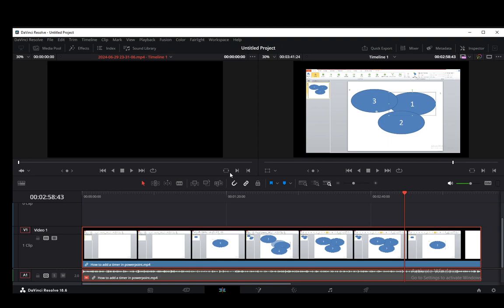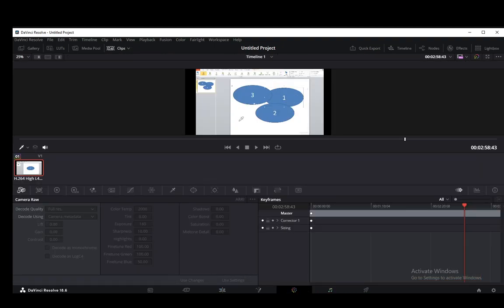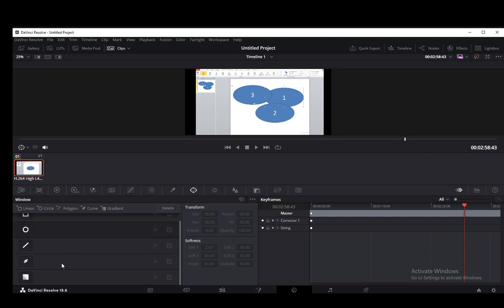Firstly, what you want to do is go to your Color tab in the bottom of DaVinci Resolve, which is the third from the right. And now that you're here, what you want to do first is select the area that you want to whiten. In your case, it's going to be the teeth. So just go here into Window and select any shape that you want. For teeth, usually a circle will do just fine. You just want to position it wherever you want and make sure that the shapes are corresponding to the teeth